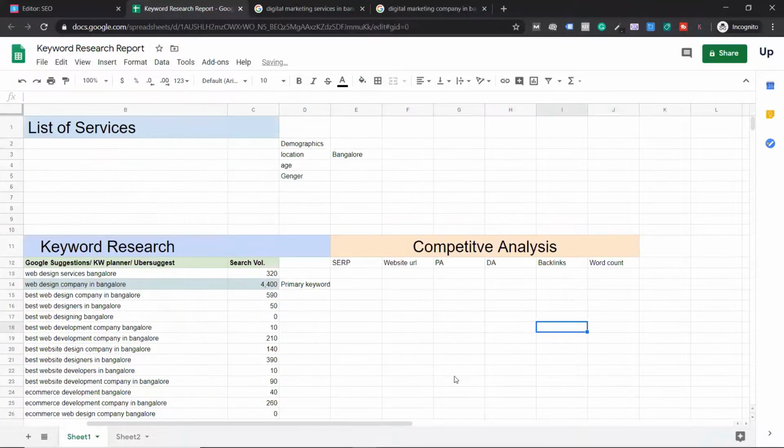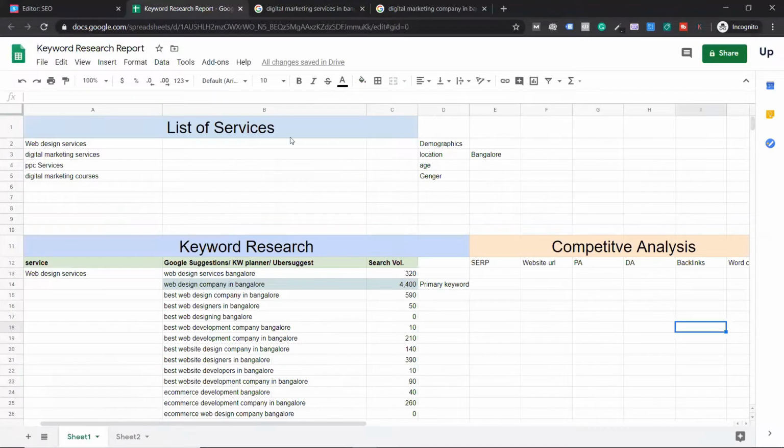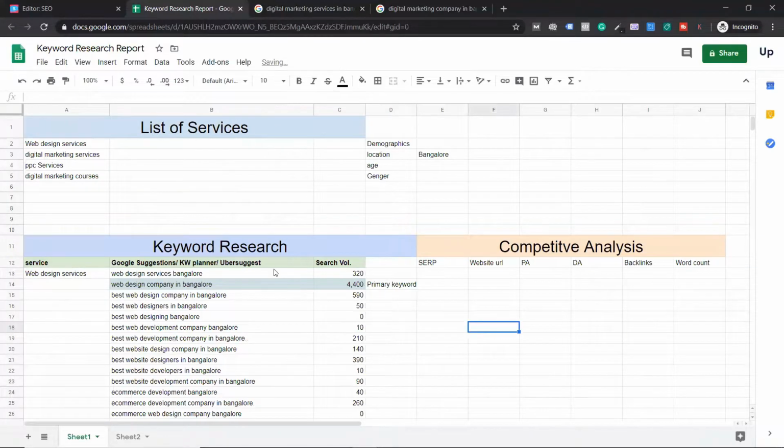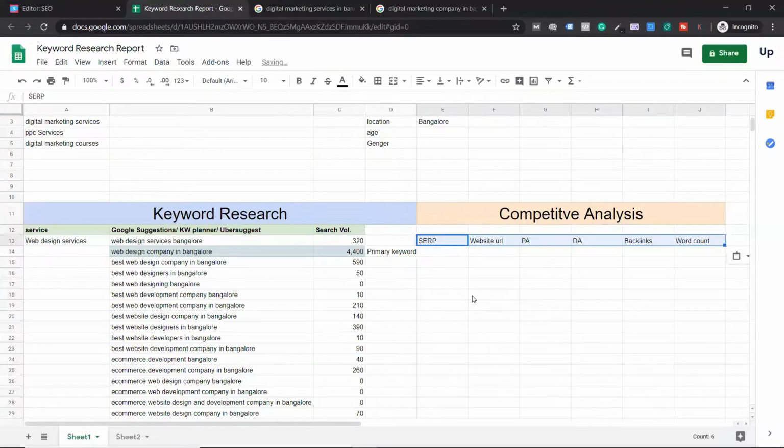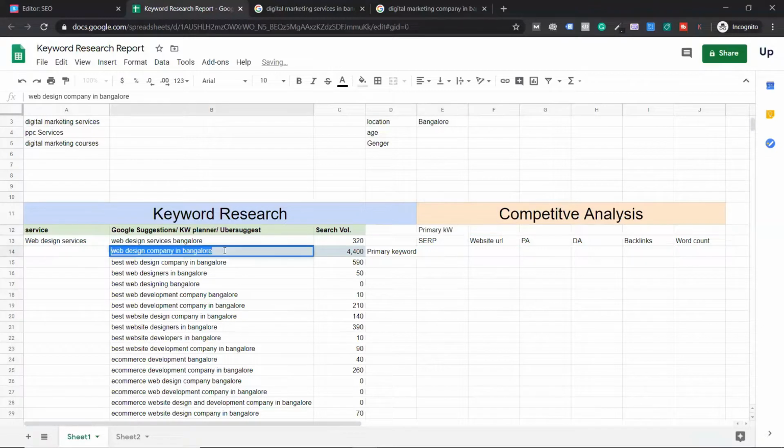Okay, so my keyword research is there, guys. My keyword research is left. If you want, you can reduce the space because that's not required. So you have the keyword research. Next to it, you have the primary. Here you have the SERP position. Now, one small step I would recommend is let me put this below this. I'll tell you why. Here is where I'll put primary keyword. So what is my primary keyword? This is my primary keyword.